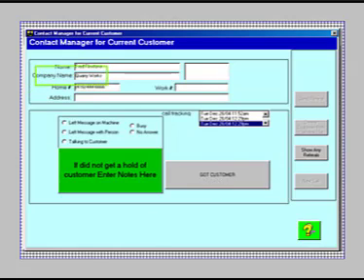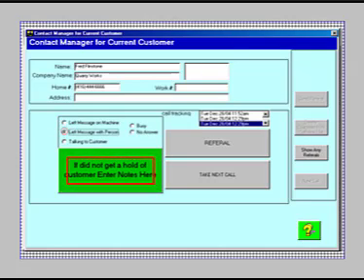The customer information automatically follows each form, so you don't have to keep typing things over and over again. You can select how you left a message. Either you left a message on a machine, or you left a message with a person. And if you've left a message with a person, usually those people don't pass the messages on to who they're